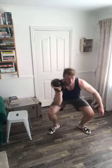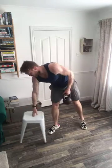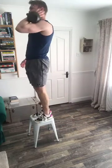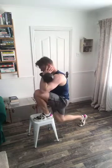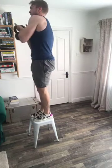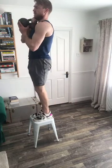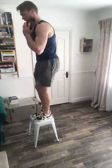10 more seconds. Then we're going into step ups. 5 seconds. 3, 2, 1, and step ups. Get your chair, drop your knee low, and then drag yourself up using that top leg. And then it's up to you how and when you want to alternate that weight from side to side, or whether you're holding it with 2 hands. Again, it's there purely to keep you honest in your work